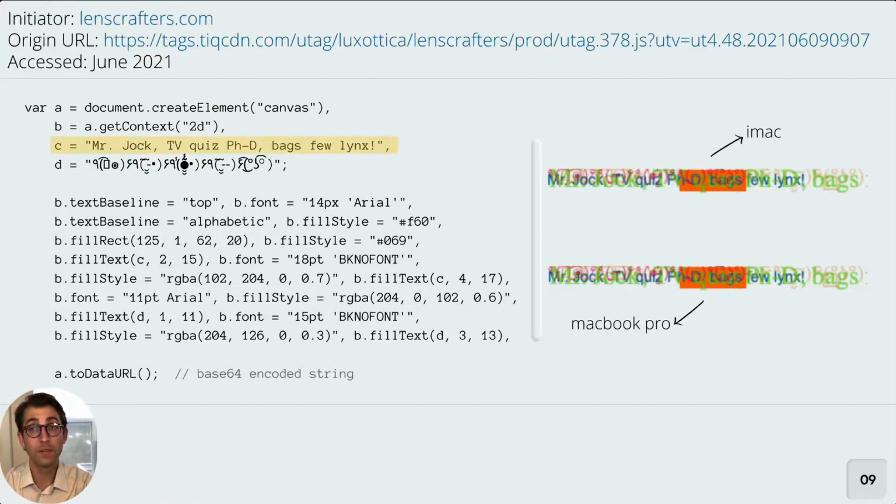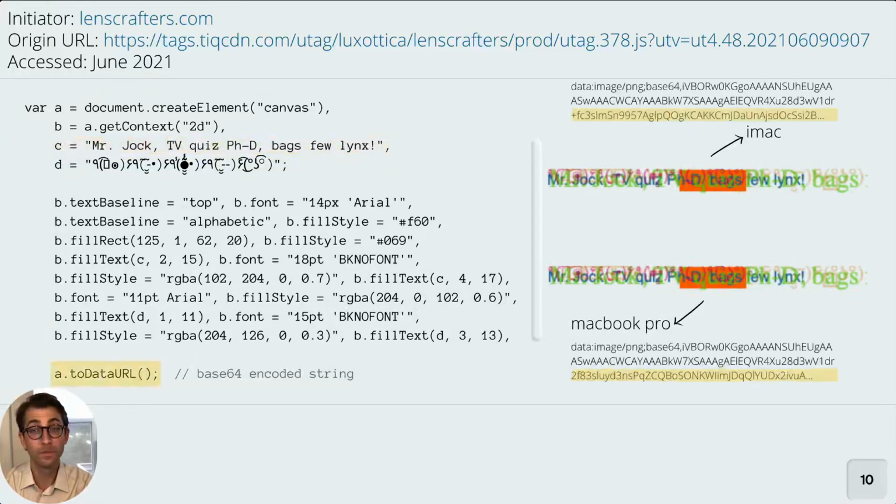To give you a sense of the variations here, we can look at variable C. This is actually something known as a pangram. It uses every letter in the English language. Another notable feature is the call to toDataURL that I mentioned before. This function returns a base64 encoded version of the drawing, which can then be compared to other strings to identify